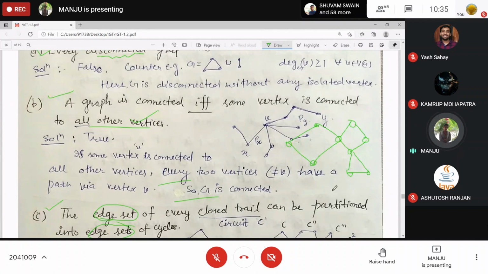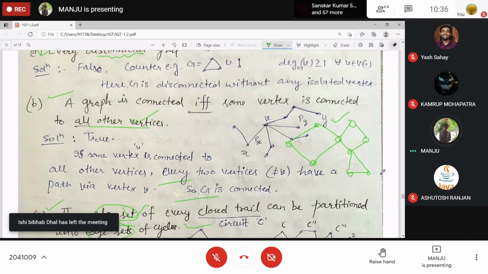So if it is only a cycle, of type Cn, then no worry. Obviously, that circuit will be a set of cycles, right? If not, then it will be a combination of cycles. And how is it a combination? Those cycles are meeting at some point. Clear? So can you partition this circuit into some cycles?